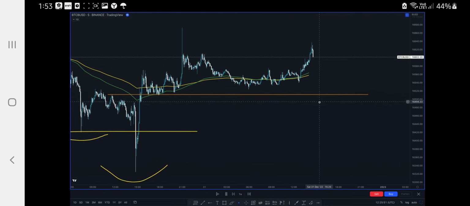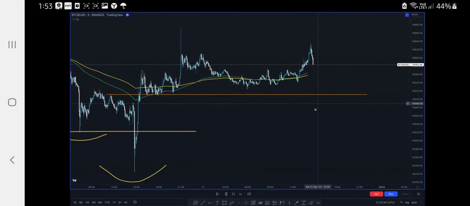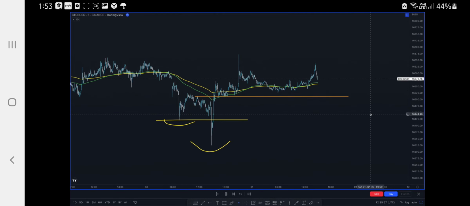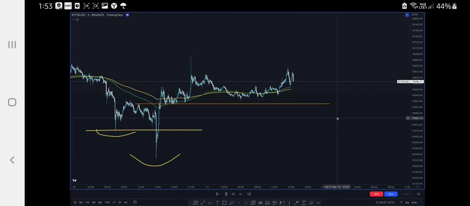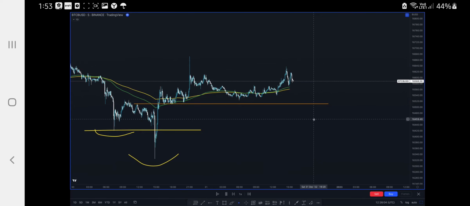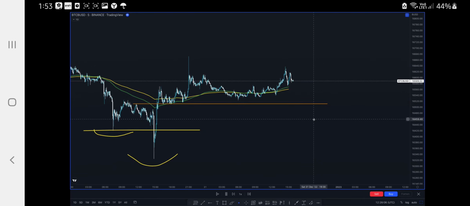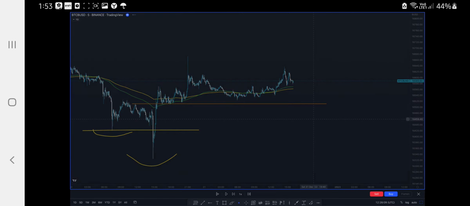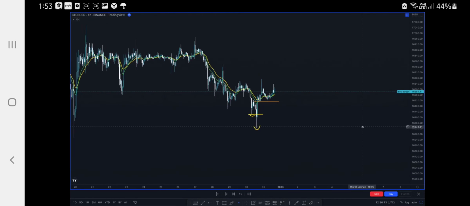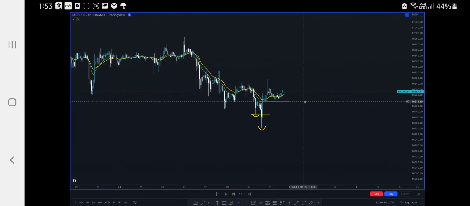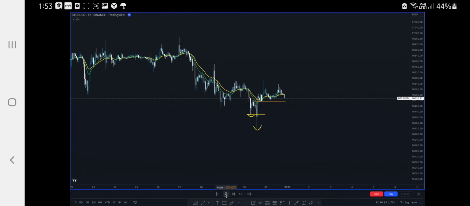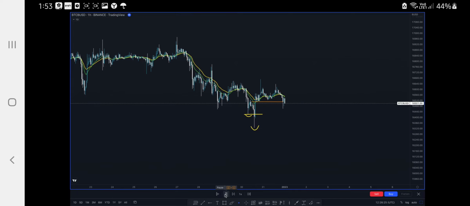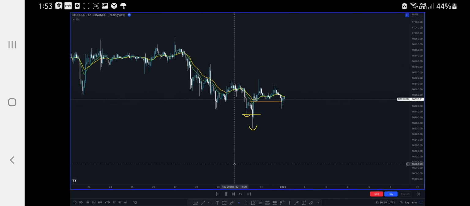Now let's see. We'd have to be a bit patient here. But in the context of your broader move with the hourly chart, it's not doing anything too crazy, all right? Okay, there we go. So now you go back to your 5-minute chart,